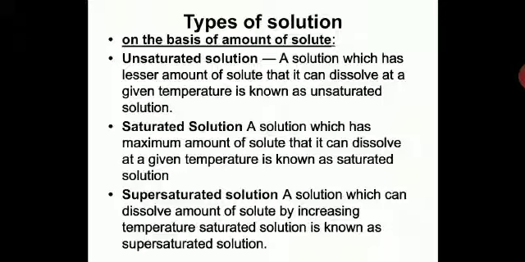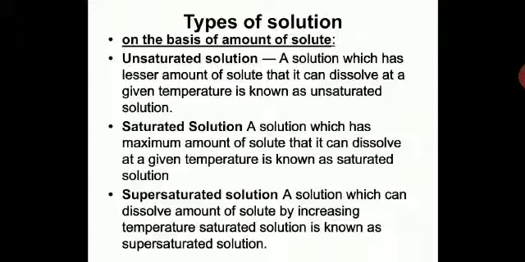So we have seen that 62 grams of potassium nitrate at 313 K can dissolve in 100 grams of water. That is the solubility. Beyond that it will not take any more. But if you take less than 62 grams, it has more scope of dissolving potassium nitrate. That means if you take less than 62 grams and add it to 100 grams of water, that will be an unsaturated solution, because it has scope of dissolving more at 313 K. So you have to specify the temperature as well.